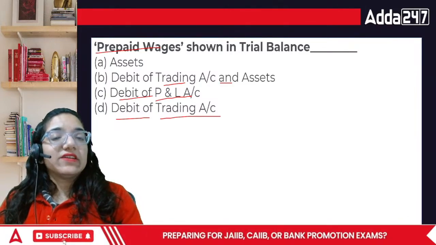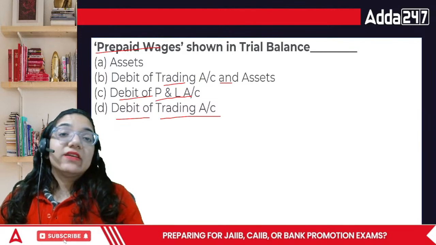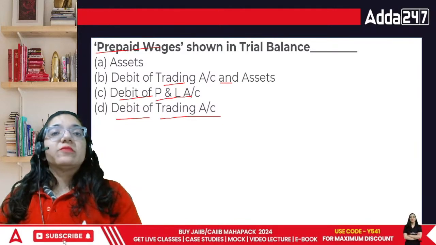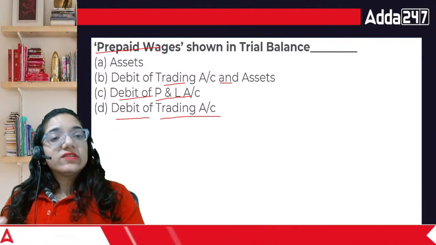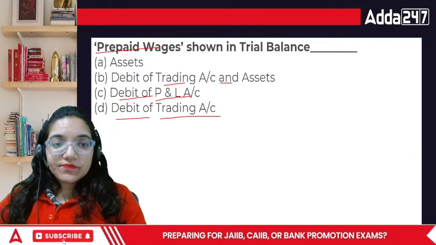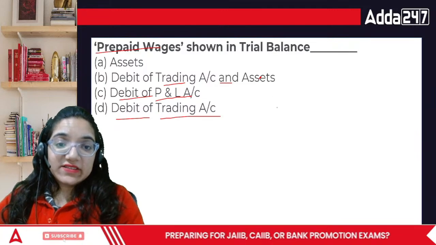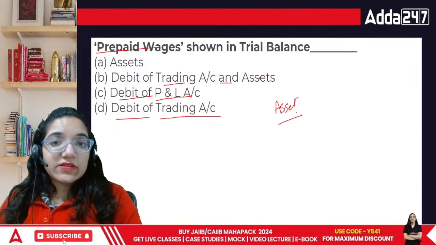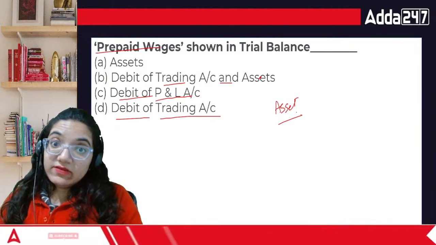I have paid the wages in advance, so my employee can never complain. So I'll be like, I have paid in advance. So you can feel that particular pride in this. That's a debit side item. This is basically an asset. Now the point is, does this belong to this year? Okay, it doesn't. Why? Because